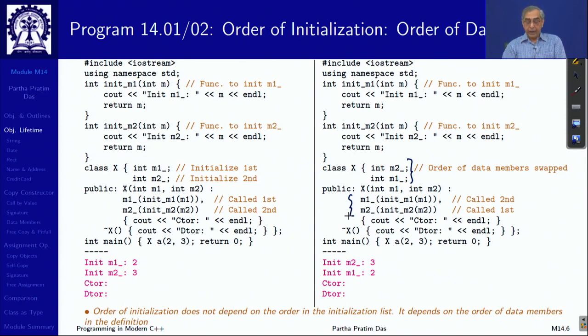Now, as I do this, the invocations are done in the same way using the functions. I find that init M2 is happening first. So, this clearly tells us that the init of M2 is listed later in the initializer, but it is happening first because it is the first data member and occurs before M1. So, this simple program tells us that the data members will always be constructed in the order in which they are listed in the class and not in the order in which they are given in the initializer list,